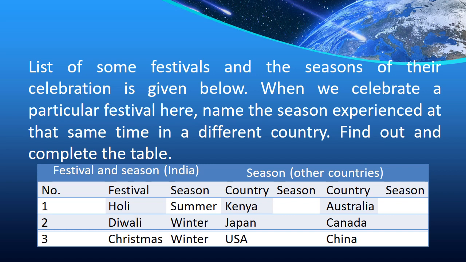Next festival is Diwali. Now Diwali we know comes during the month of November or the end of October or so. So let's keep November, and at that time we are having winter. Now Japan, even though it is in the northern hemisphere, we have to consider its location from the equator as well. So for Japan we can say that Japan will be having autumn. And Canada